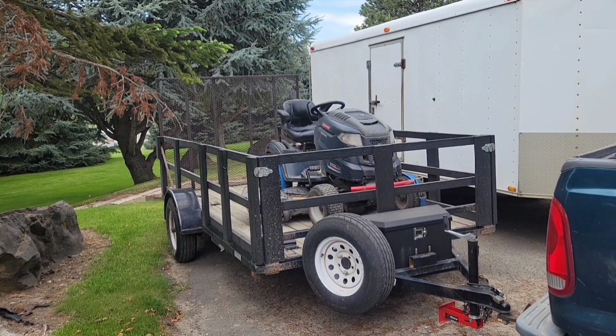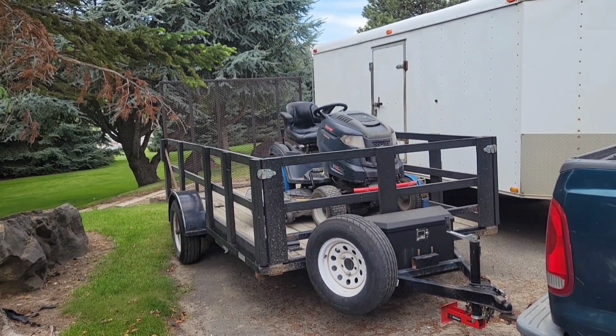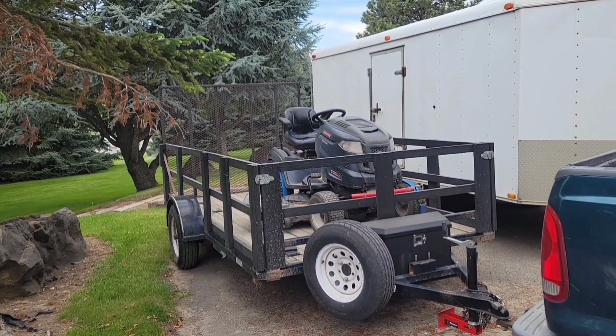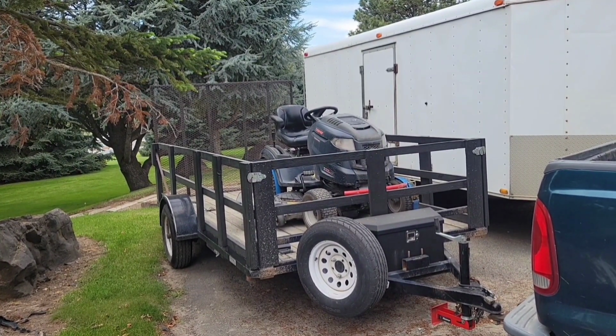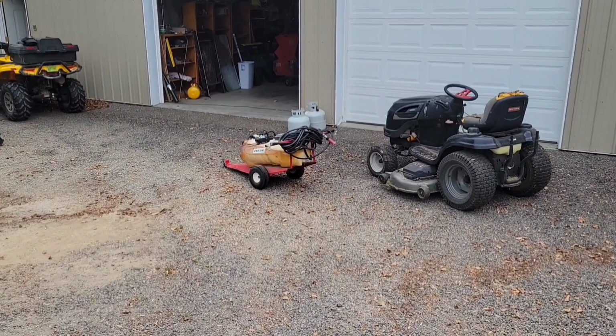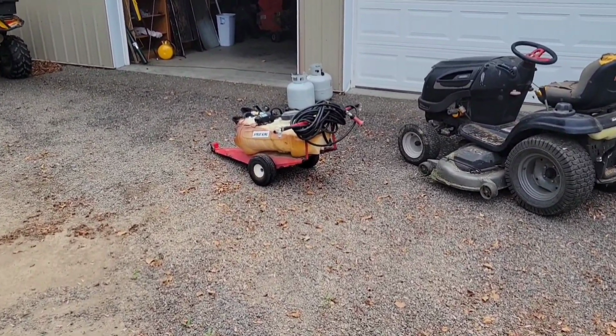Now that I think about it, I may have gotten a little bit ahead of myself by loading up that Troy-Bilt mower, because that Troy-Bilt's got an electric plug on the back of it and is good for towing my tank sprayer. And that's really what I need to concentrate on next, getting the tank sprayer set up to spray